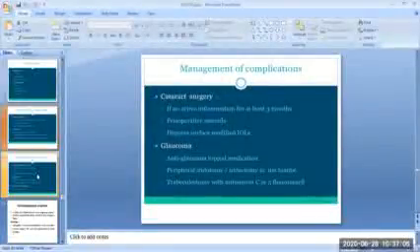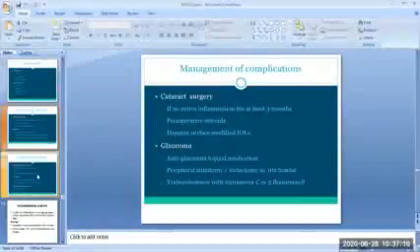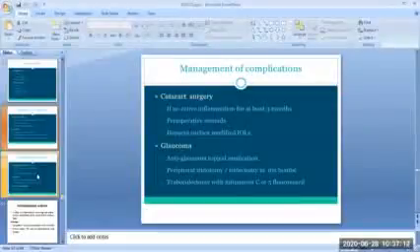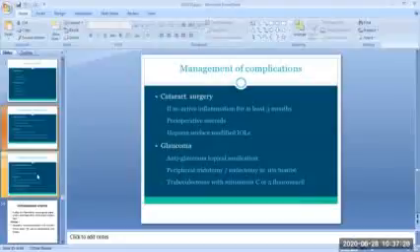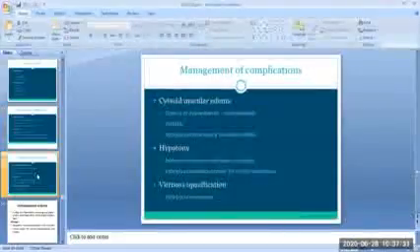The cataract surgery is done if there is no active inflammation for at least 3 months. Then perioperative steroids are given and heparin surface modified IOLs are used. When glaucoma is there, anti-glaucoma topical medications are given. Peripheral iridotomy or iridectomy is done in iris bombé, and trabeculectomy with mitomycin C or 5-fluorouracil is done.